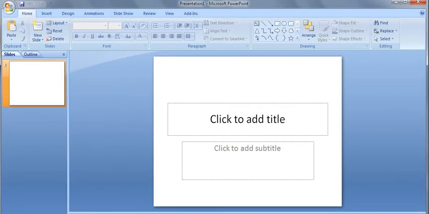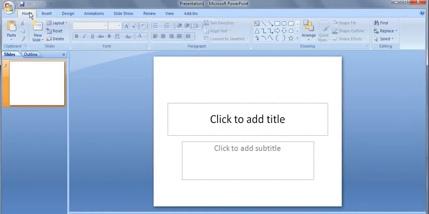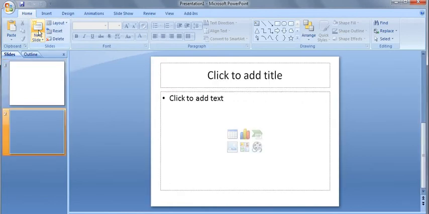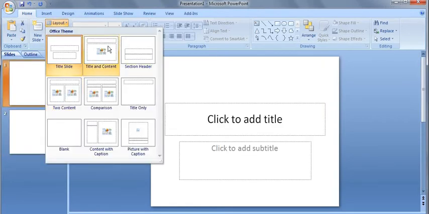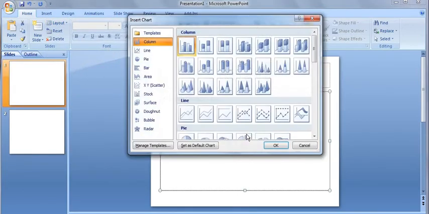Here in the left corner, the Insert option is there, and this is the Home tab. In the Home tab, you can see Layout, different kinds of layout are there. I want to add one new slide. So this is the title and content slide, and this is the title slide. In title and content, you can insert a chart from here, right?